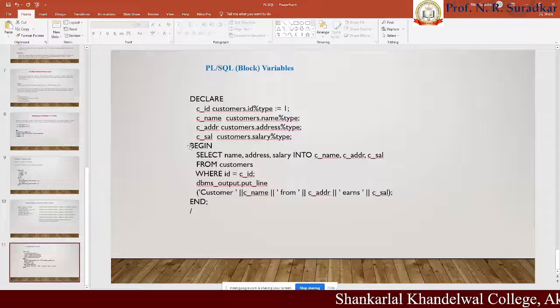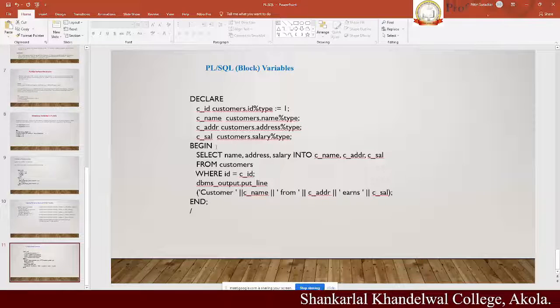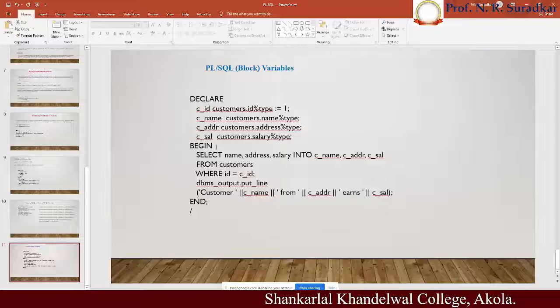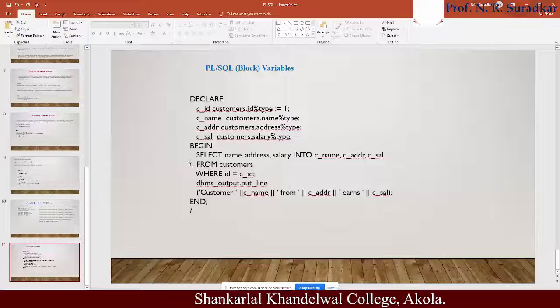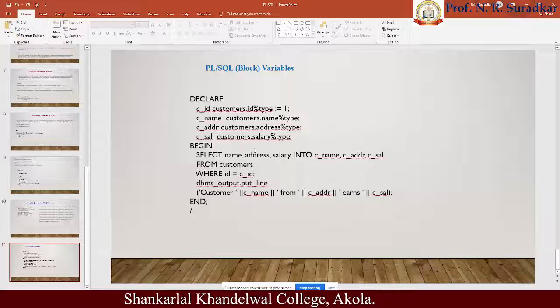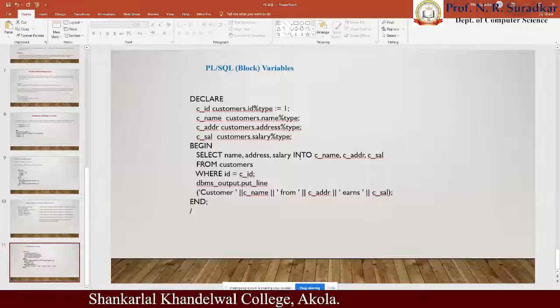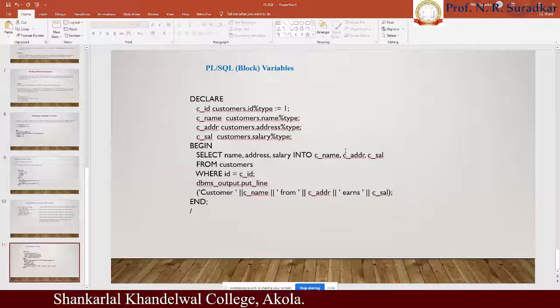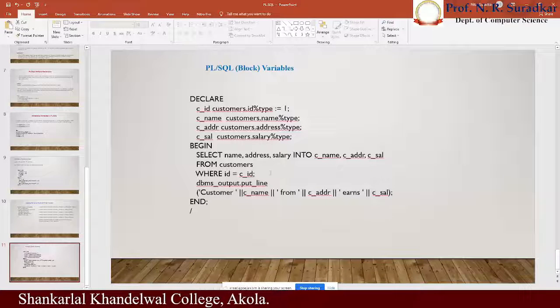Okay, next we use BEGIN. The BEGIN keyword is used to start the execution of the program. Let's see here, we use the query here. That query specifies: select name, address, salary into C_name, C_address, C_salary from customer.